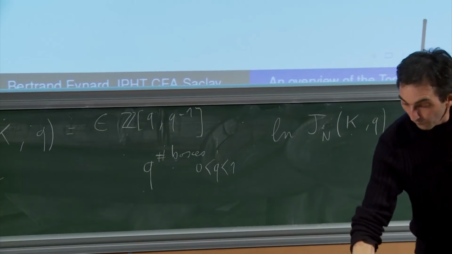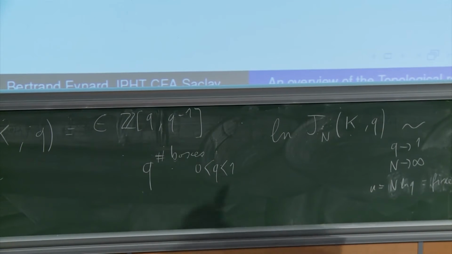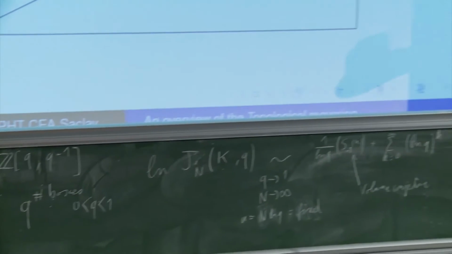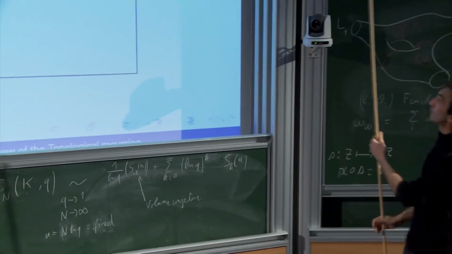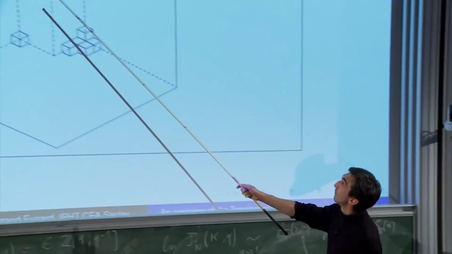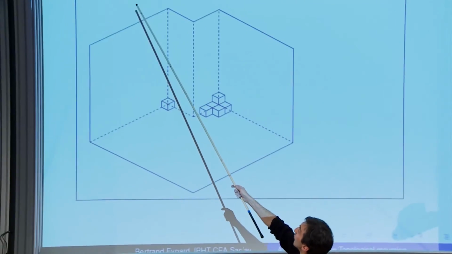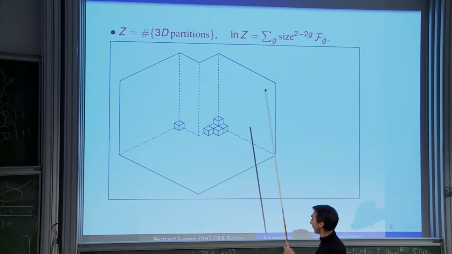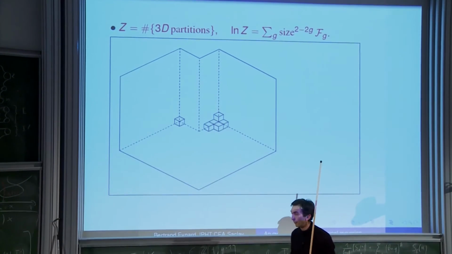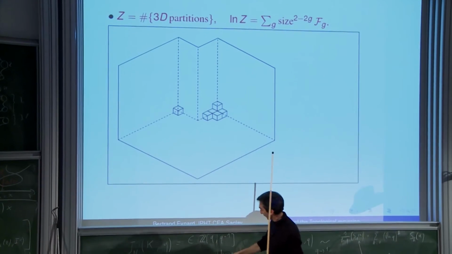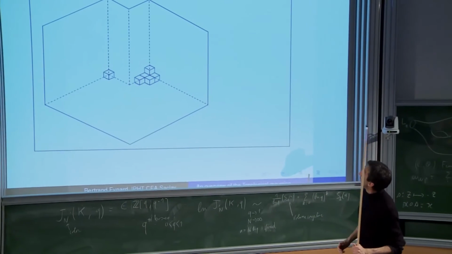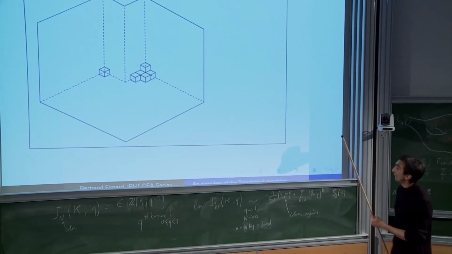So this is just how you count configurations. You weight every configuration by that. So this is your measure on those plane partitions. And you want to compute the sum, which, well, okay, I wrote it as the number of 3D partitions of a given size, but somehow this is equivalent to saying that you sum over all partitions with that power, q to the number of boxes. And you want to find the asymptotics.